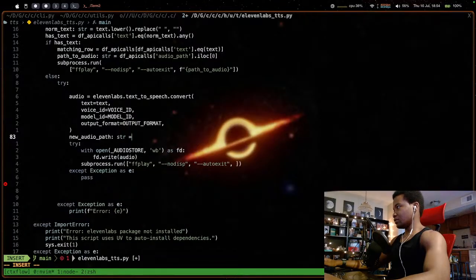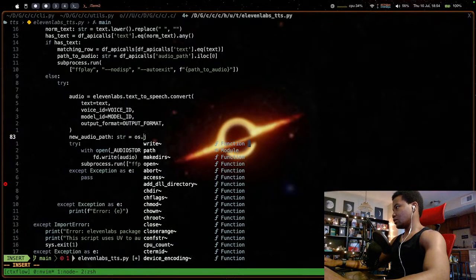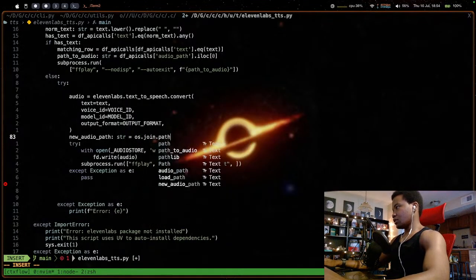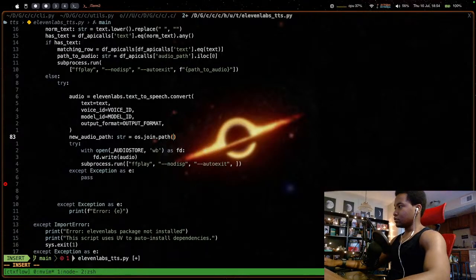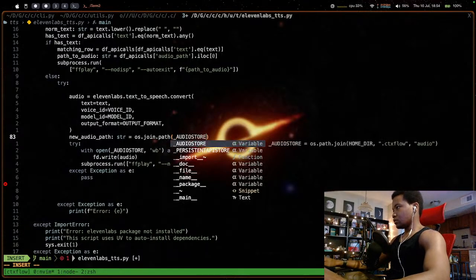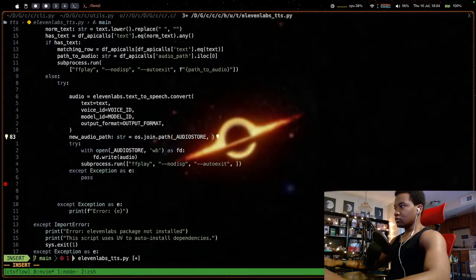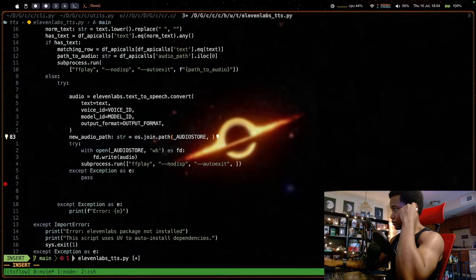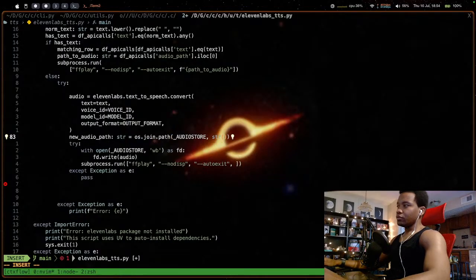Some basic equals os dot path dot join, underscore audio.